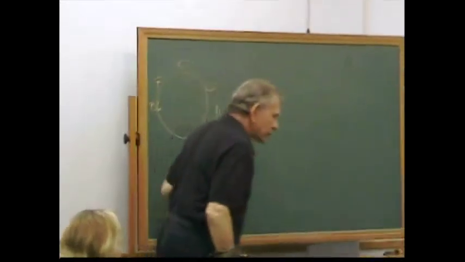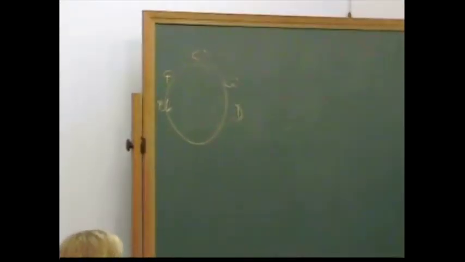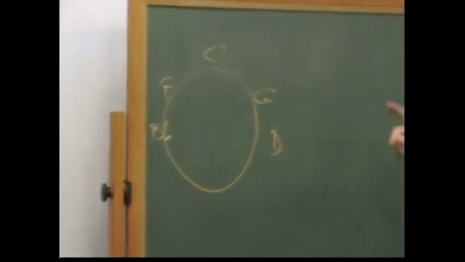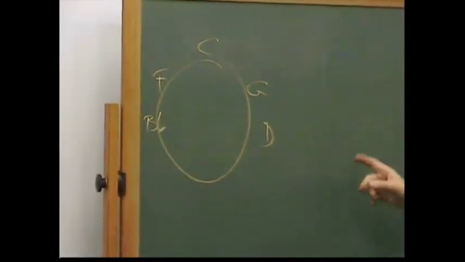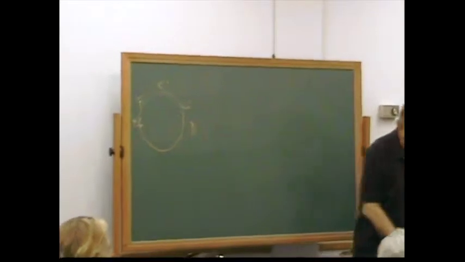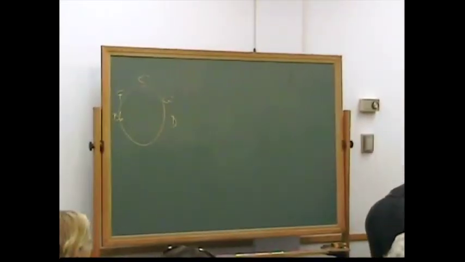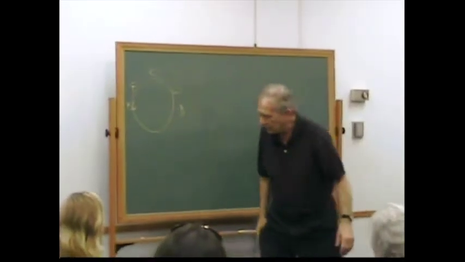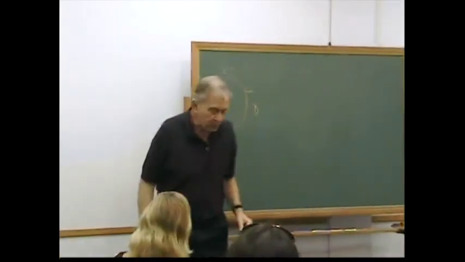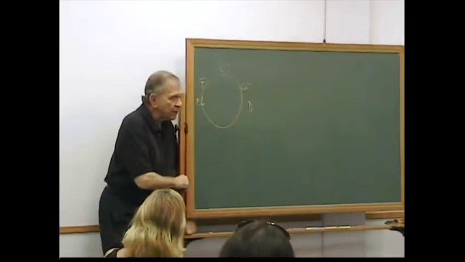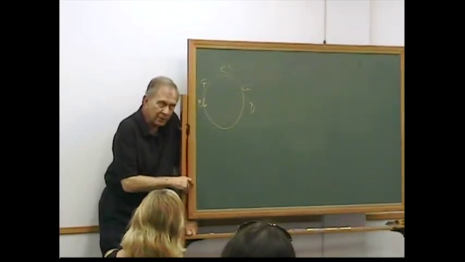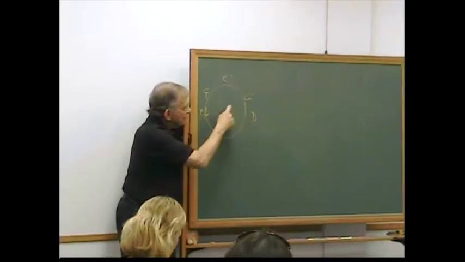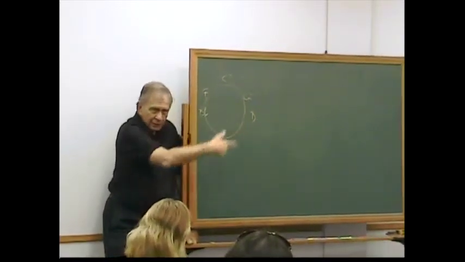if you go clockwise through the circle of fifths, you're going up the scale in perfect fifths. And each one of these keys has one sharp in the key signature more than the preceding one. If you go counterclockwise, you're going down the scale in perfect fifths. And each one of these keys has one flat in the key signature more than the preceding one. Now, if you want to find the dominant of any point on this circle, you always go clockwise. Dominant of C is G, dominant of B flat is F. Always clockwise for the dominant.